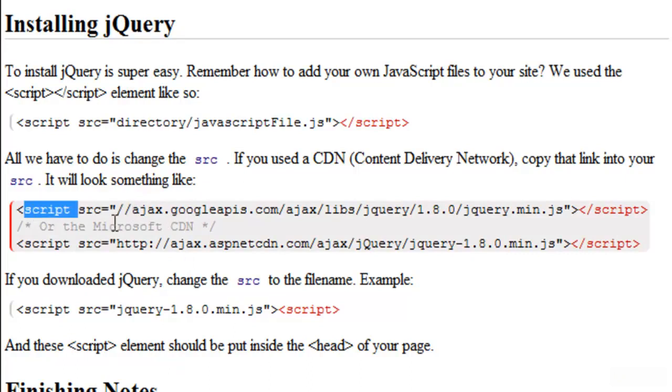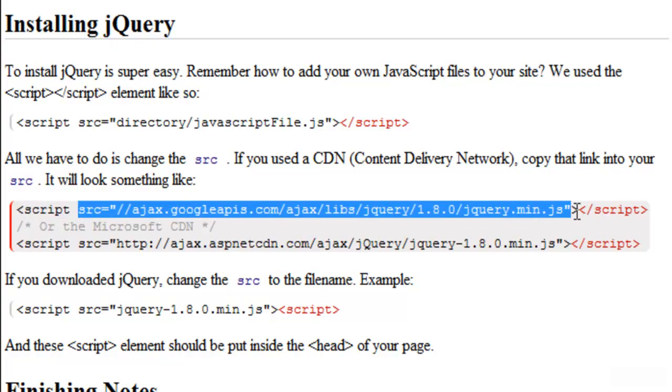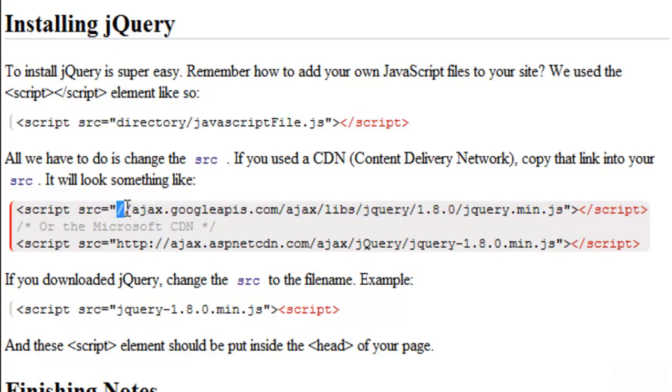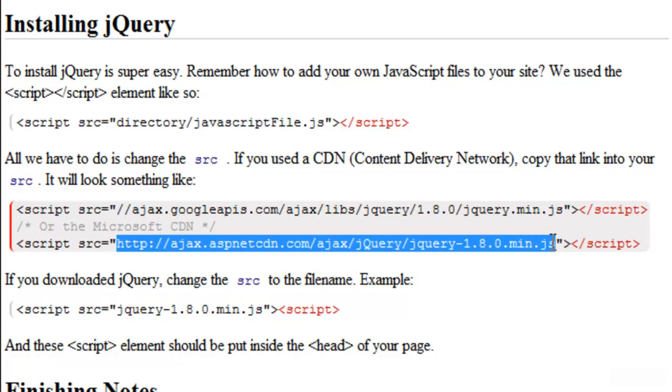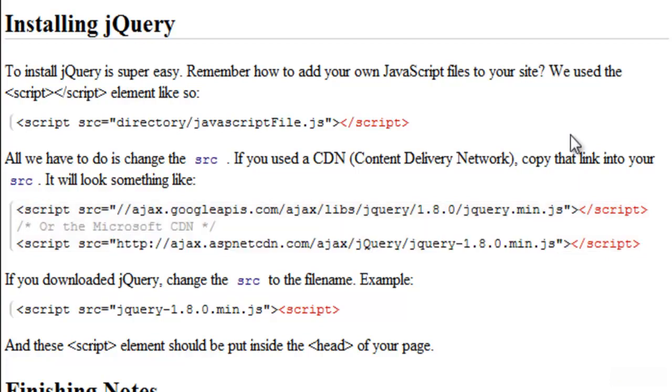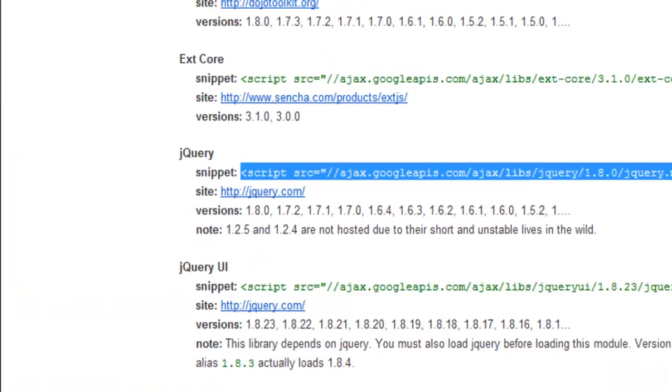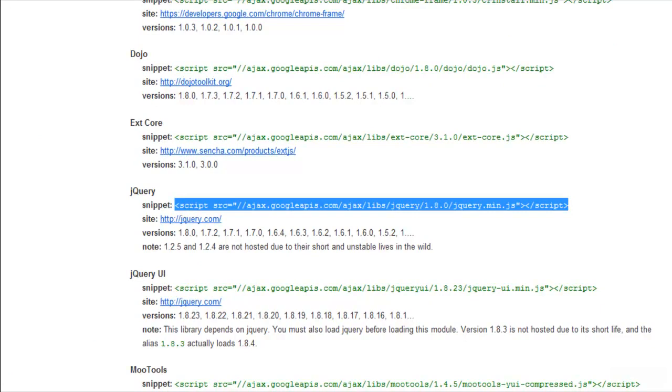And it would look something like this. Script src is equal to, and this one's a little bit different, src is equal to slash slash ajax.googleapis.com, etc., etc. Or if we use the Microsoft one, we can just go src is equal to http and then that URL that we copied. Now the reason that we have this slash here is because that's the way that Google actually wants us to do it. If we go over to